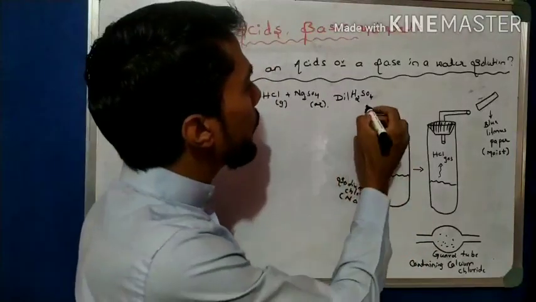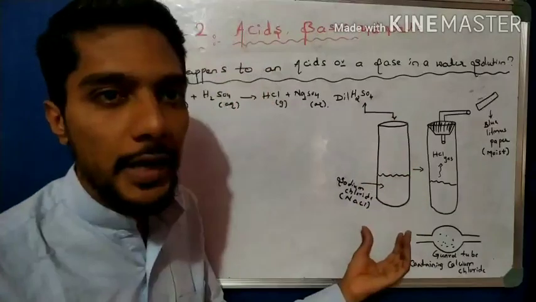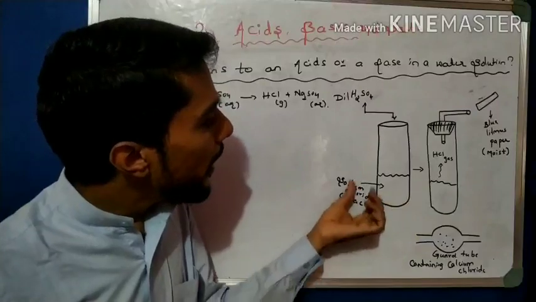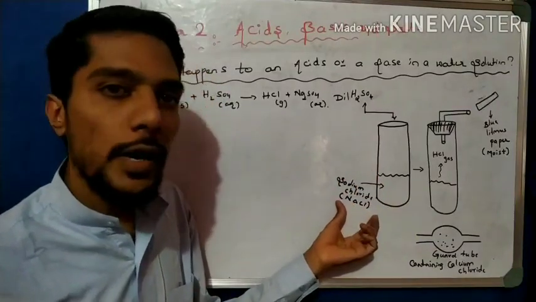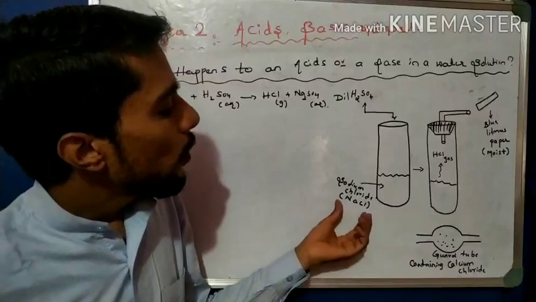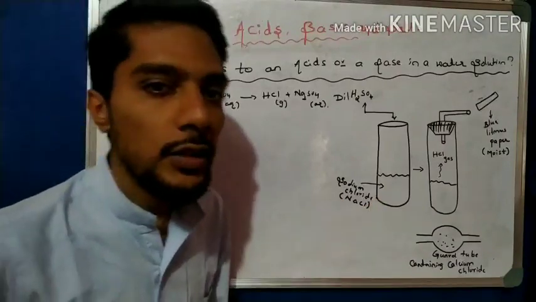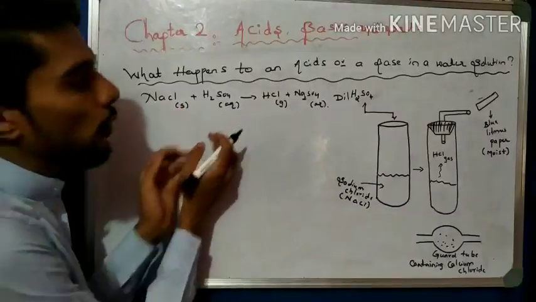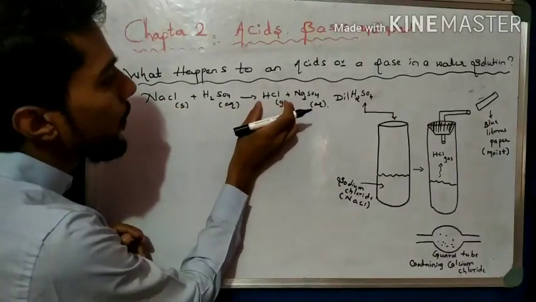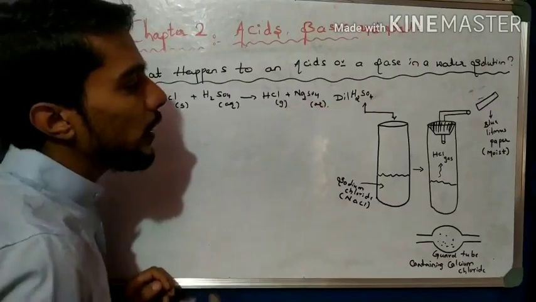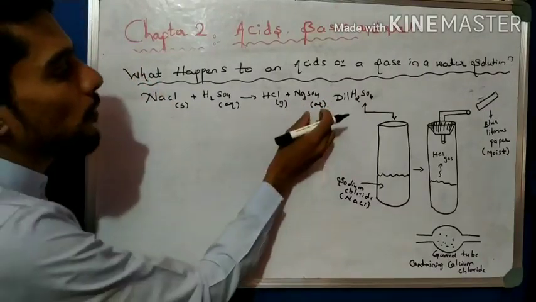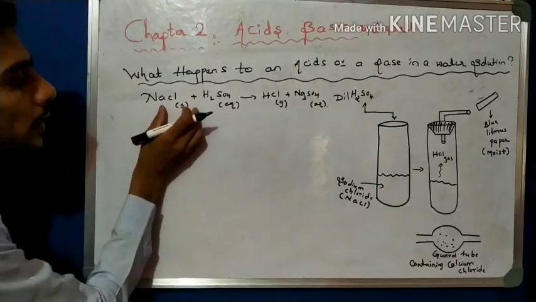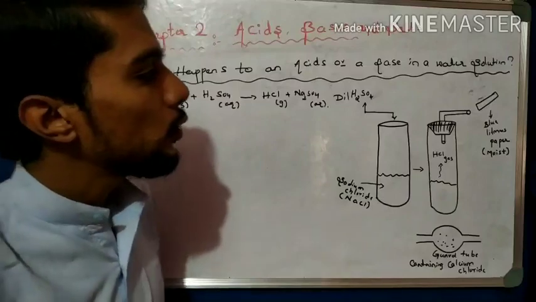Take a test tube, add a few drops of dilute sulfuric acid, and in that acid add sodium chloride, NaCl. After that, what happens in the reaction? When NaCl is added to H2SO4, we observe the formation of HCl gas and the salt Na2SO4. The reactants are aqueous dilute H2SO4 and solid NaCl, common salt, sodium chloride.